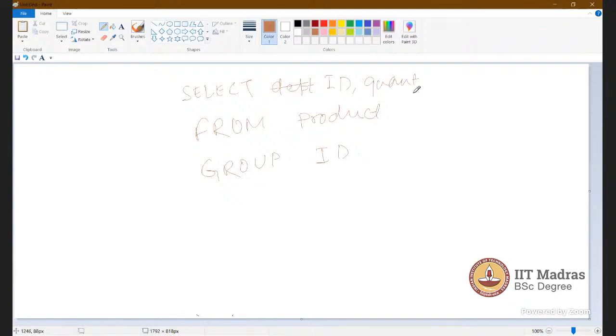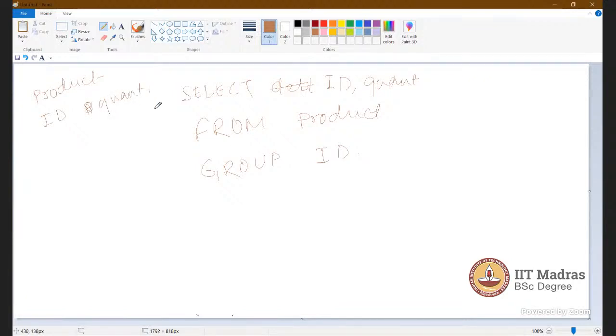The quantity is one column in the product table, and this is the ID and quantity.